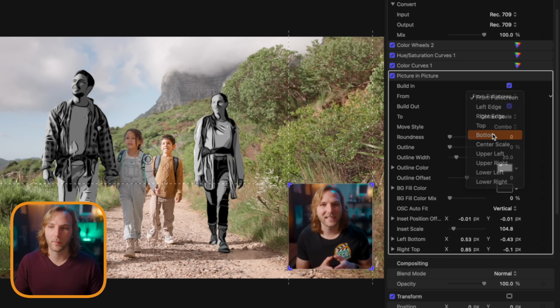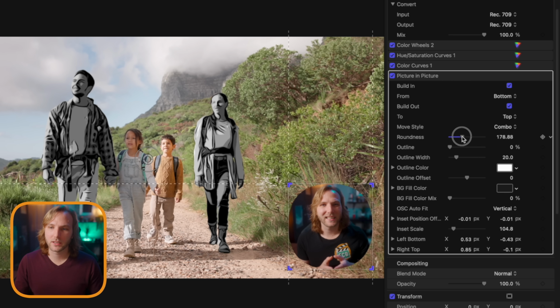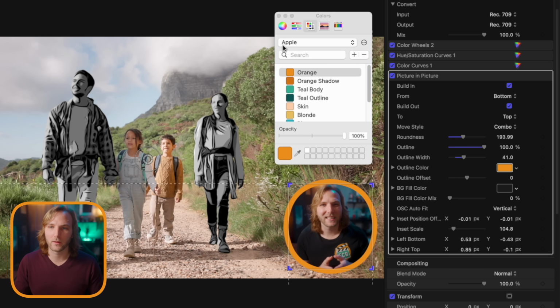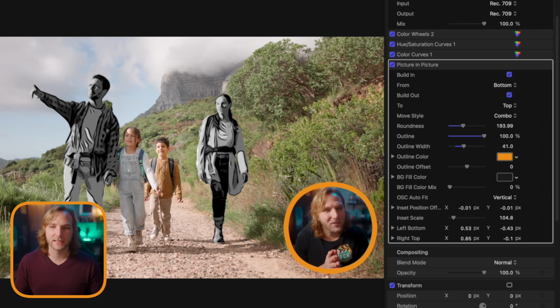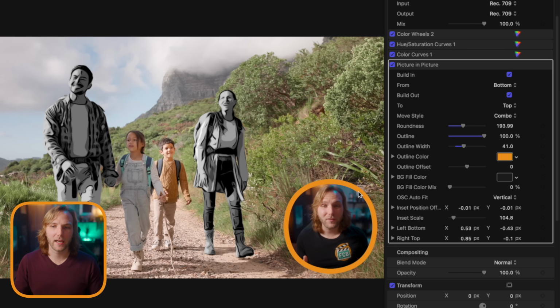We could have it build from the bottom. We could have it move to the top. We can adjust the roundness on it so it's more of a circle picture-in-picture effect. We could add in this nice outline. We can adjust that outline width. We could change the color on the outline. And of course, there's a whole lot of other options, but now if we push play, we can see that animating into position and of course,